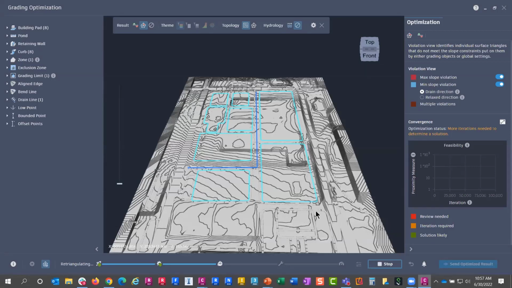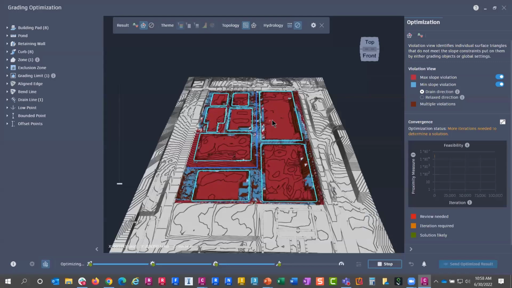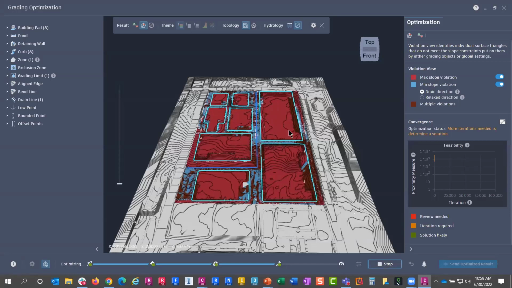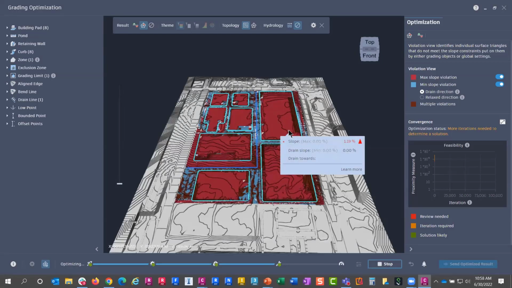And once this gets to the point where the little wrench right here, it'll physically start moving the triangles so that they adhere to that capability. So now it's there, and they'll start changing colors, and it's physically now trying to grade the site per these parameters. And you can see the color coding, some of the contours are going to start to disappear because the buildings are flat, etc. I left this running for somewhere between 20 to 25 minutes, if I'm not mistaken,